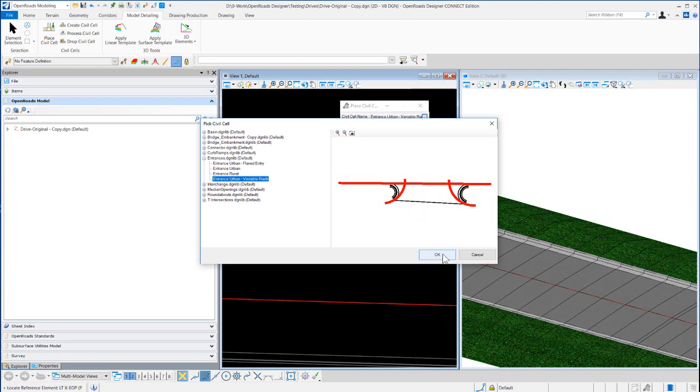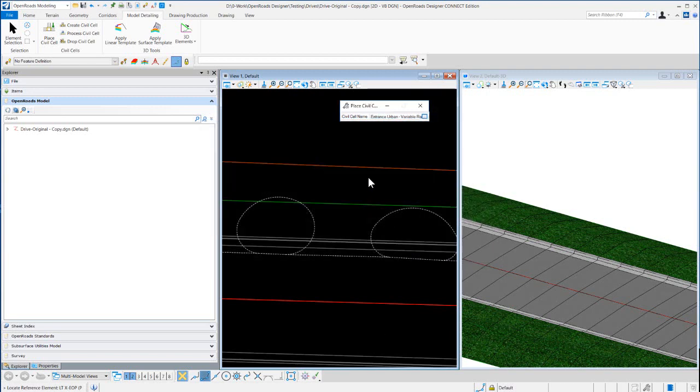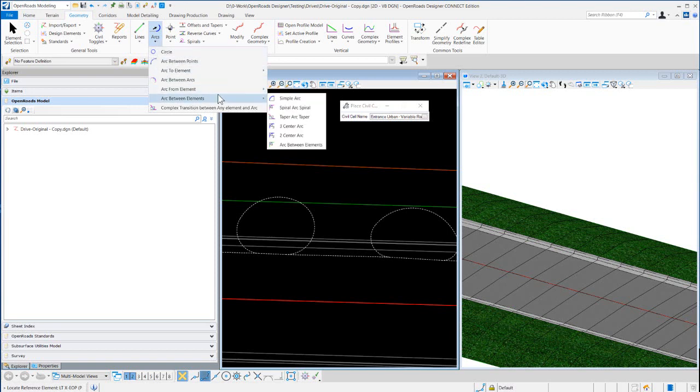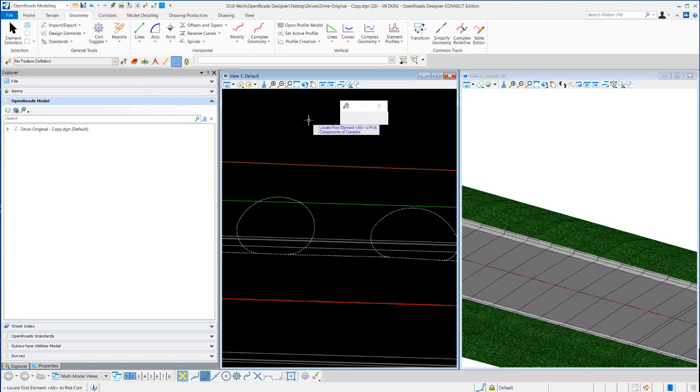So, how does this work? I'm going to say okay. Now before, there's a little pre-work you need to do. We saw that our references were the through road edge of pavement and then the existing edge of pavement. So it's really the pre-work you've got to do. You've got to determine where you actually want your drive edge of pavement to tie to that existing edge of pavement. The best way to do this is to come in and place a simple arc, and then choose that,